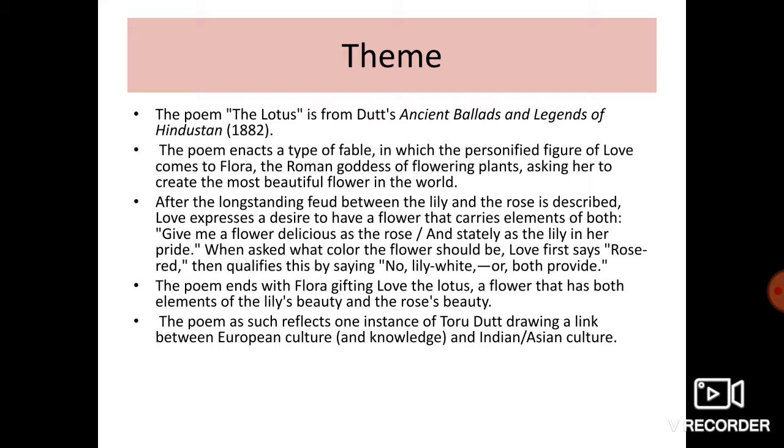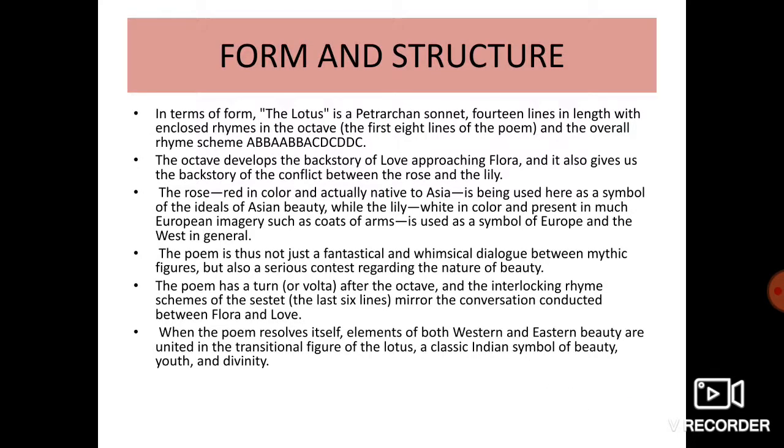So the poem as such reflects one instance of Toru Dutt drawing a link between European culture and knowledge and Indian Asian culture. So how a small poem, which on the surface seems to be a simple fable, a dialogue between the flora and love, and the competition in the backdrop between the two flowers, and finally the emerging of the flower lotus. So, like a sonnet, the form and the structure of this poem also is a typical